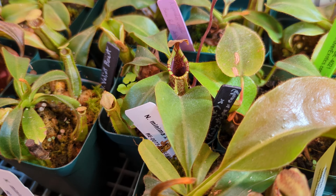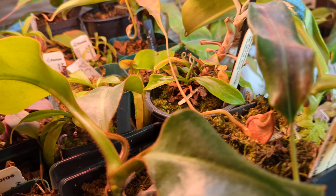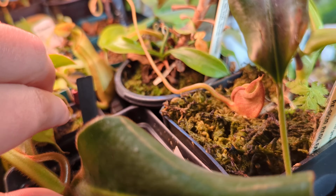Both of these are very striped. This one already got like a purple bluish bronzing going on the rim, where its sibling is not yet, but it's still impressively striped. Those are going to be amazing. He's over on Instagram, but he does sell on eBay. But the Instagram account is Such of Nepenthes. Here you go. You can see the newer picture on